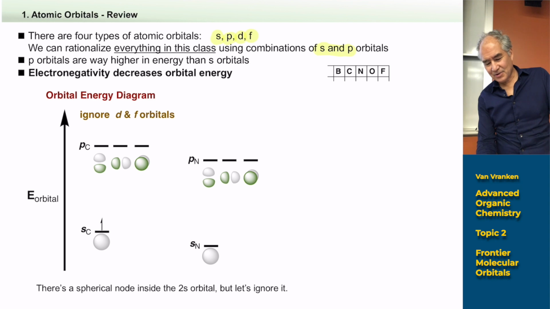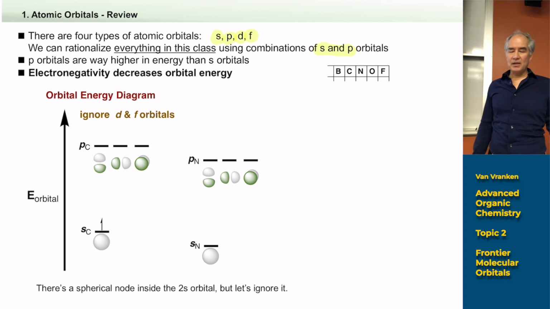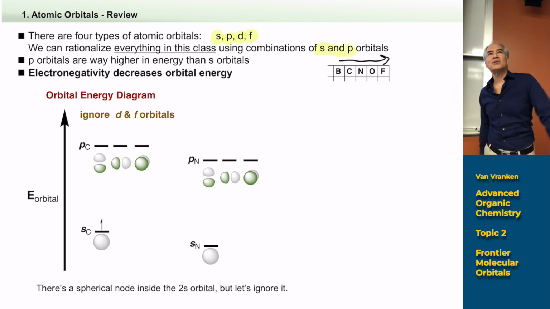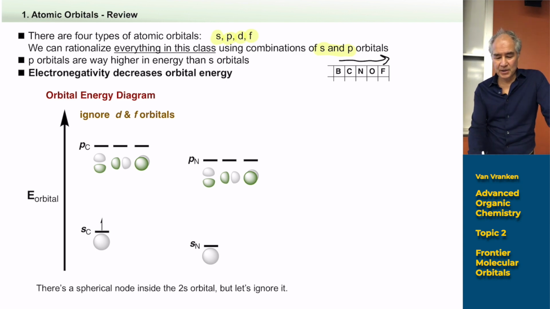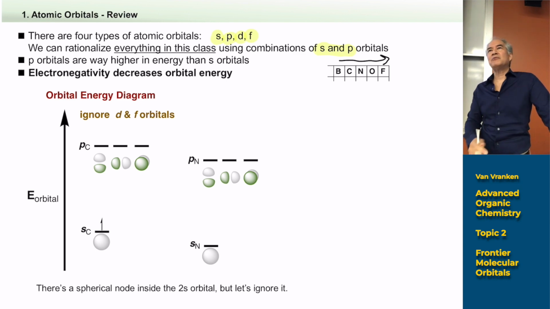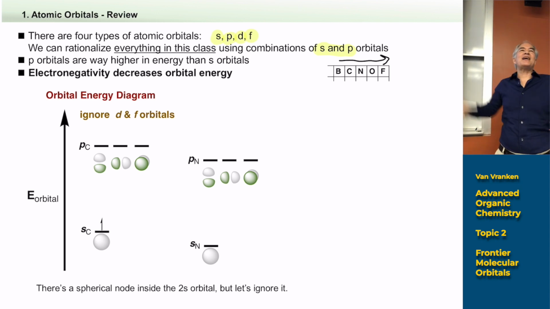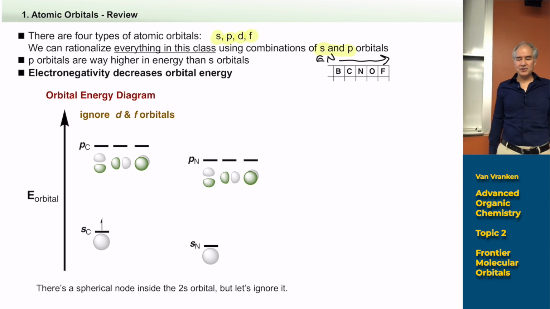95% of organic chemistry is carbon, nitrogen, and oxygen. Fluorine, not that common. And I expect you to know the relative positions, and I expect you to know that electronegativity increases in this direction. That's what I expect you to know. And if you had to memorize the electronegativities, you would know that it goes 2, 2.5, 3, 3.5, 4. It's very monotonic because the atom sizes are the same. So electronegativity increases in this direction, and that's what you need to know to figure out the energies of these